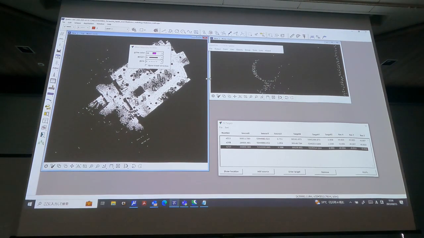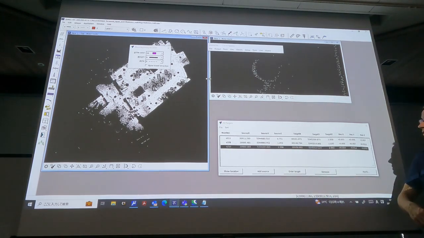But now for each one of the point cloud X, Y, Z locations, the software